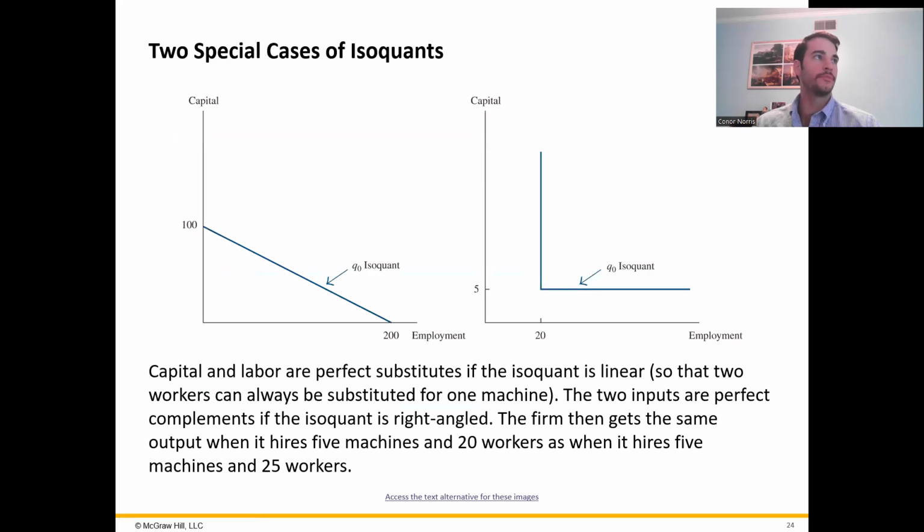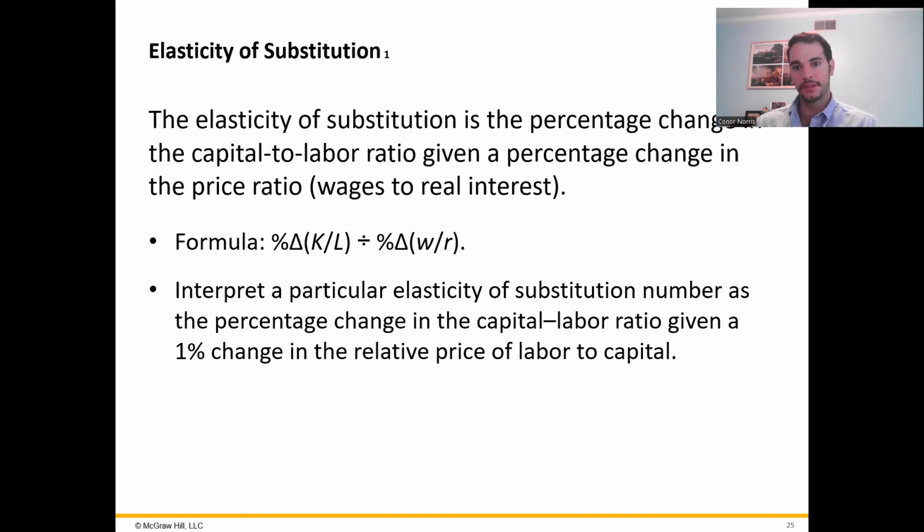Okay, so we're going to ignore some of these special cases and these specific examples. I don't think that's important for this class. I also don't want to focus too much on elasticity here. There are some problems in the chapter, but I don't think that's really necessary for our purposes. But I do want you to understand the basics because it is important to understand the elasticity of